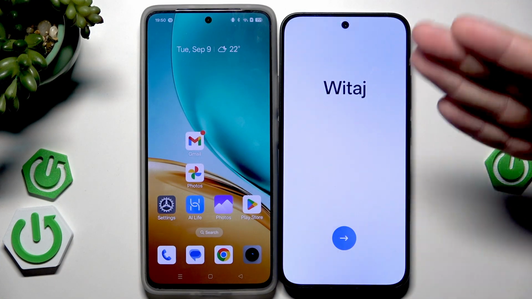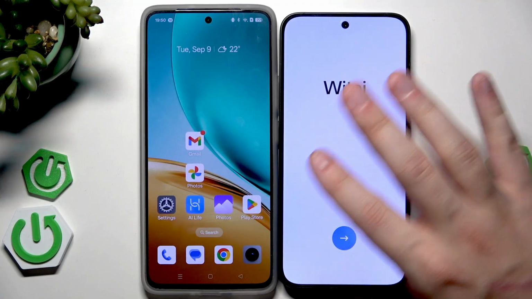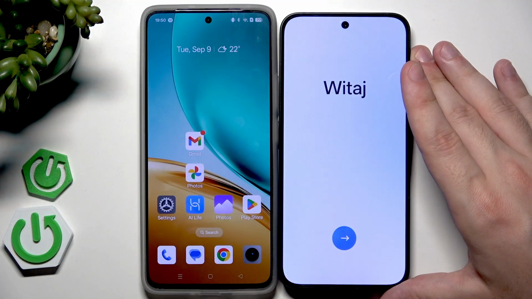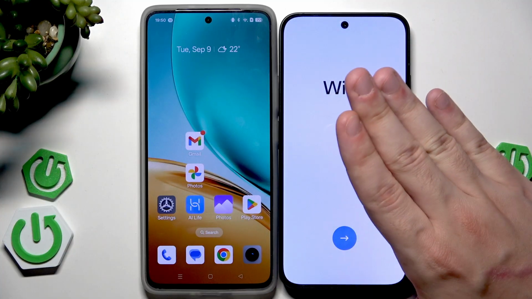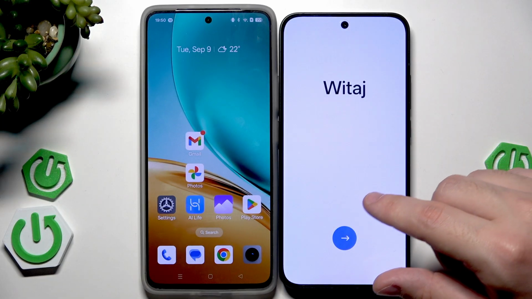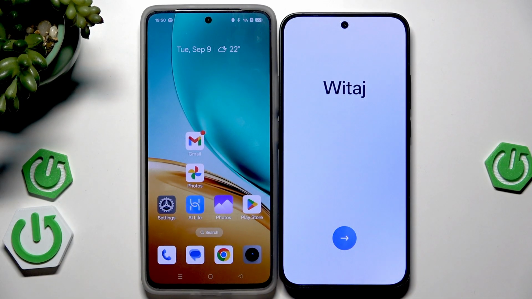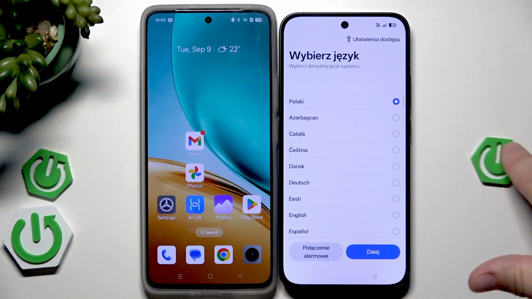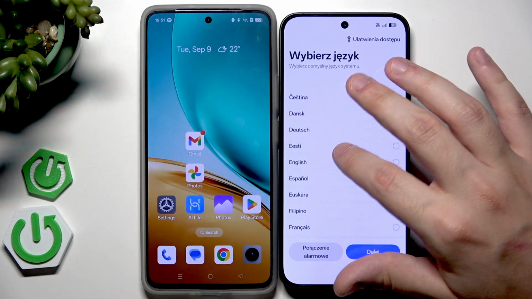Okay, as you can see, we are doing the setup process. That's what pops out when we launch our device for the first time. As a first method, I'll show you how you can transfer the data from your old device into your new OPPO. And as a second method, I'll show you how you can restore the backup from Google One. If you don't know how to create a backup, on our channel there's a video where I show you how you can do it. So now let's click on that arrow to start, and now select the language that you